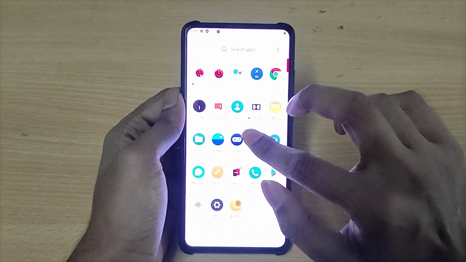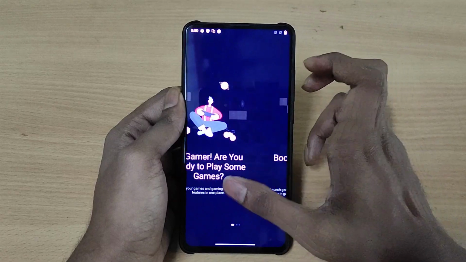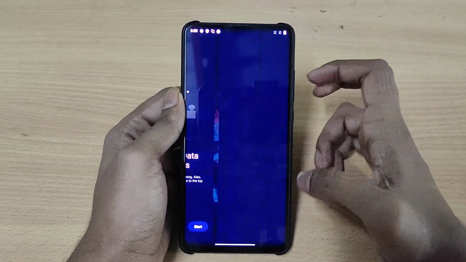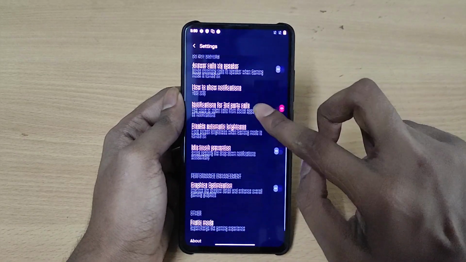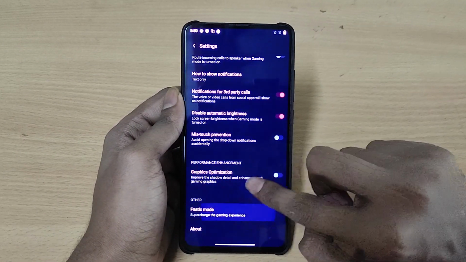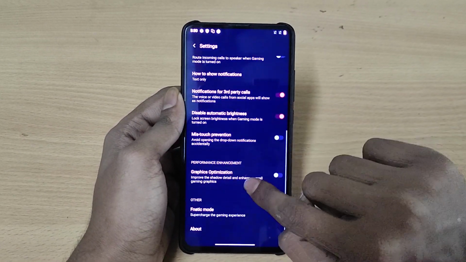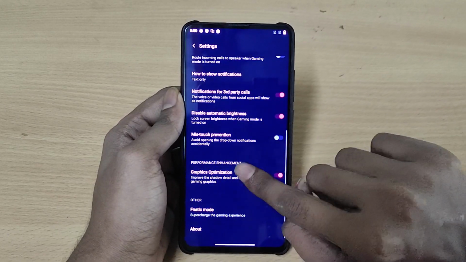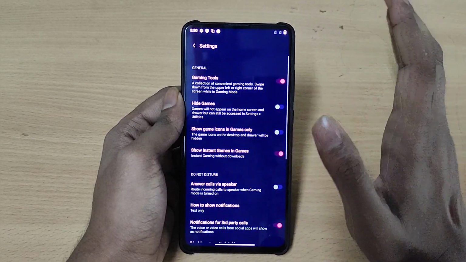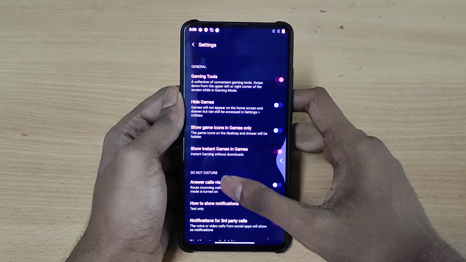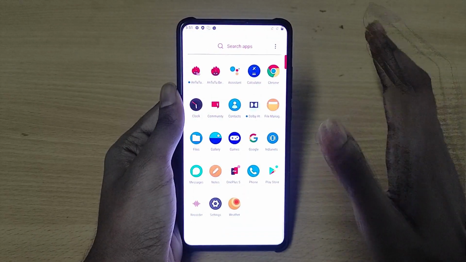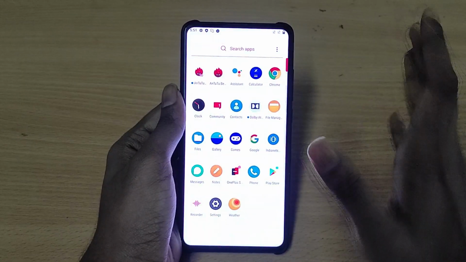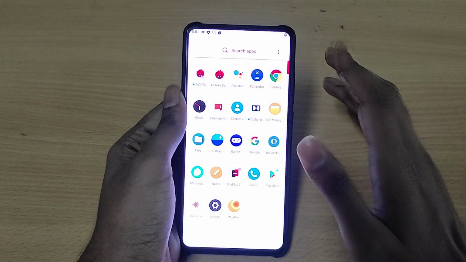It's really unique. Here you will get gaming mode as well. So here as you can see, you can play your favorite games. You'll also get settings, so here you will also get kinetic mode. If you want that, you can enable that. You'll also get an option for the graphic optimization, so it will optimize the graphics based on whatever you're playing. Unfortunately, you won't get any camera app installed on this ROM, but you can manually install any Gcam you want and it will work perfectly fine.